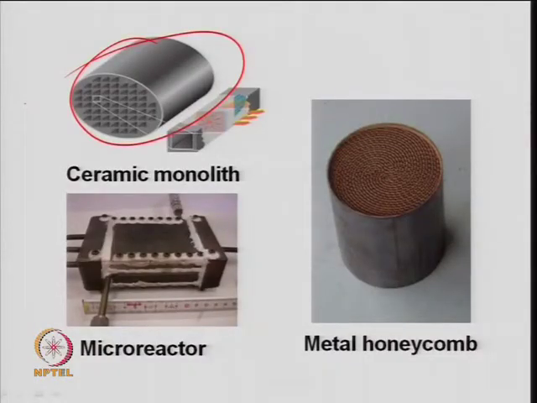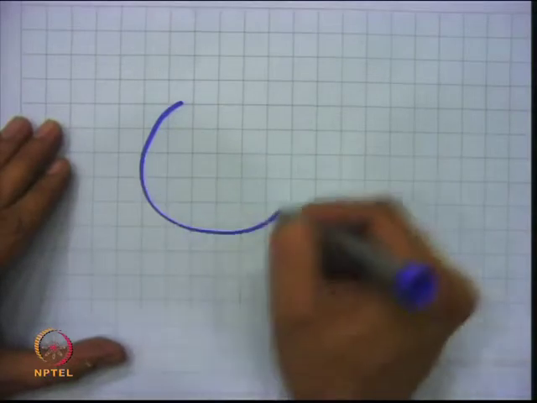It is a kind of channel type reactor, and this is what the actual model looks like, where you have the small channels in this area. This is known as the cells per square inch. It can be 200, it can be 100. This is just like a grid. If you look at this top section, it will look like this,